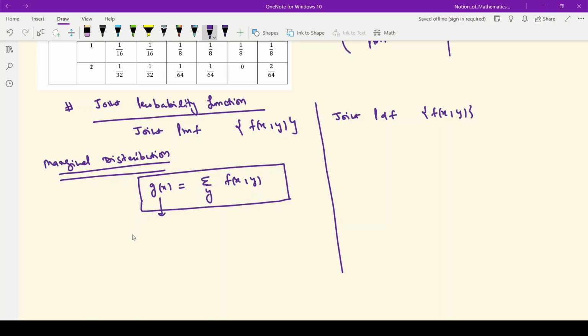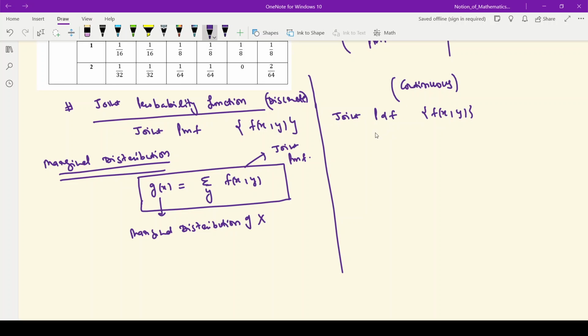This g of x is the marginal distribution of random variable x, where this f of x y is the joint PMF. And this is the discrete approach,